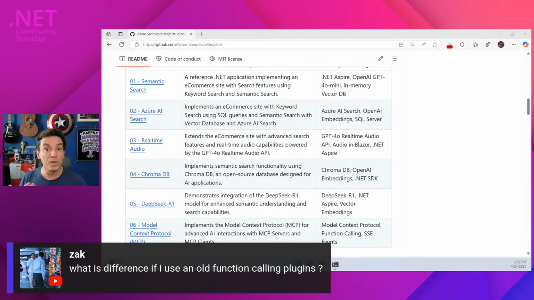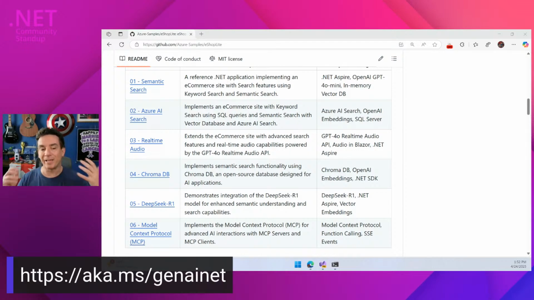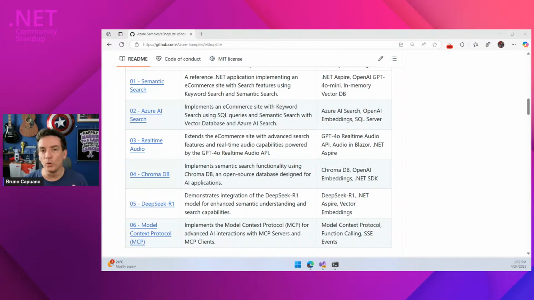So literally this week, the MCP added, for example, a set of guidelines in terms of how we are going to do security, how we are going to implement some specific types of transports, and more. And then we can implement that. We have that implementation in the SDK for C#, which is a really, really good one, by the way. I was really happy that we have an MCP C# SDK that we can use right now. But yes, internally, this is doing function calling, what we know about function calling.